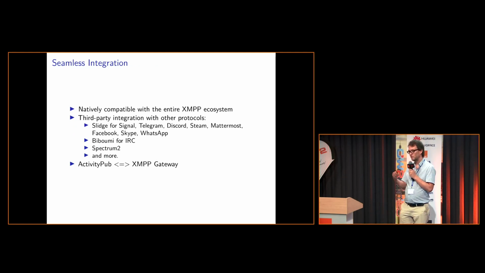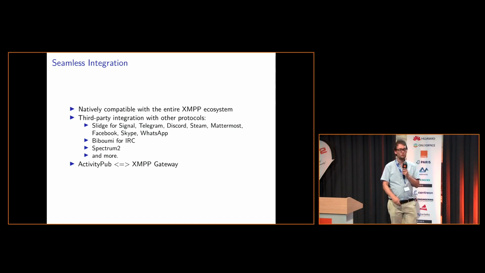So now, let's say that you have installed Libervia and you want to communicate with something else, like Signal or WhatsApp. Thanks to XMPP and the wider ecosystem, there are some software called gateways, which translate XMPP to another protocol. There is one which is recent, 1 or 2 years old, which is really good, doing tight integration of modern features like reactions or contact list integration, which is called Slidge, and it supports Signal, Telegram, WhatsApp, Facebook, etc. And there are other gateways that I have listed.